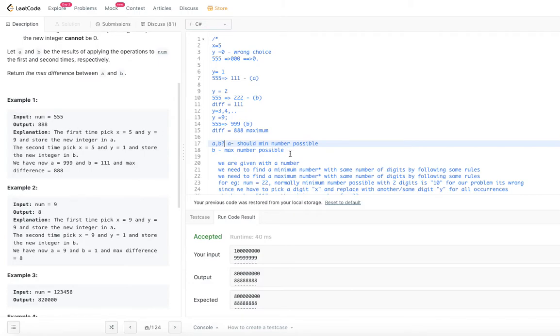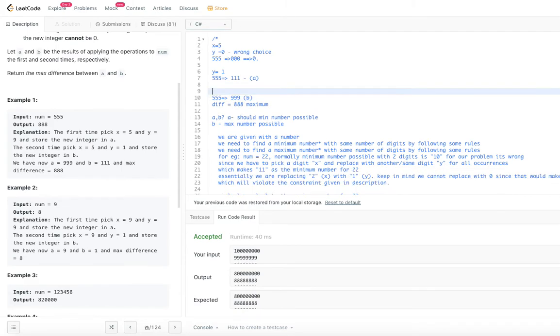So if you go back to this idea A and B, right? So A 1, 1, 1 is the minimum number possible. B 9, 9, 9 is the maximum number possible. So the difference is 8, 8, 8. So now what we said is we actually don't need all this calculation now, right? So what we are saying is calculate the minimum number possible, calculate the maximum number possible. That's how you can get the maximum difference between those two, right?